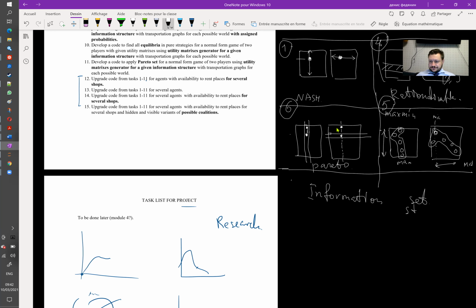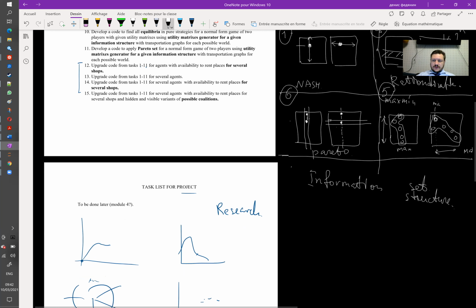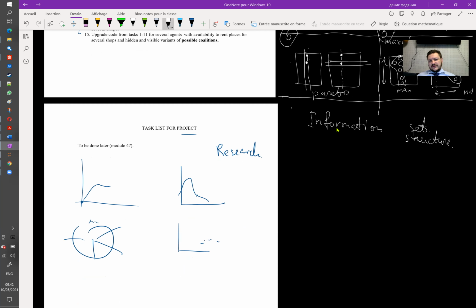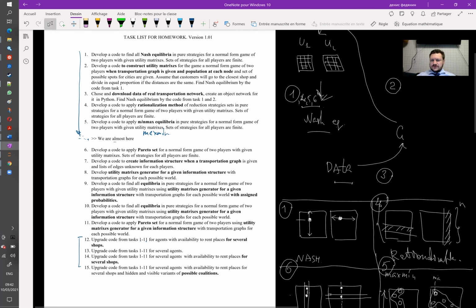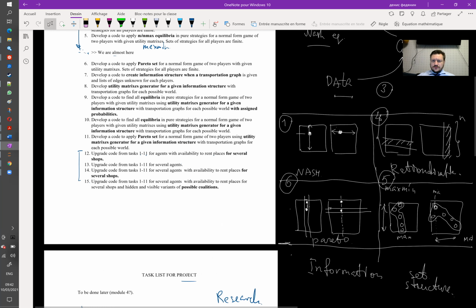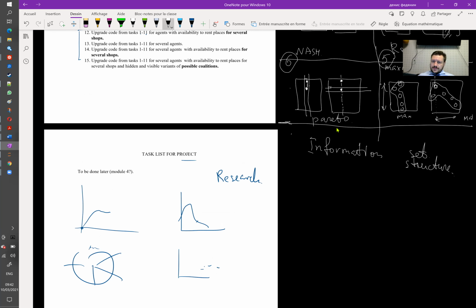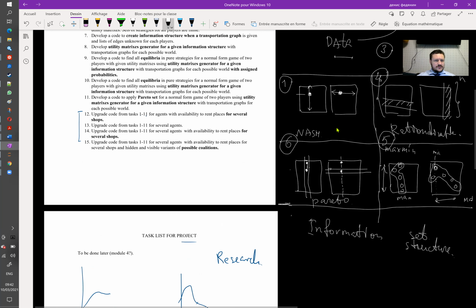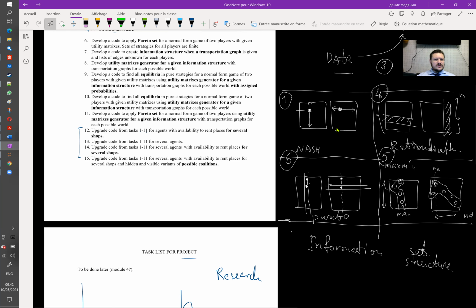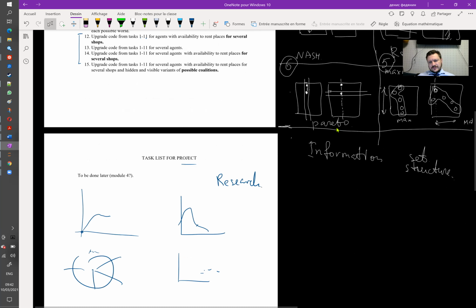Information structure. This one is slightly new. So I would like to introduce it now, and then we'll go back to our first tasks to discuss our progress. So information structure that is mentioned here in task 7